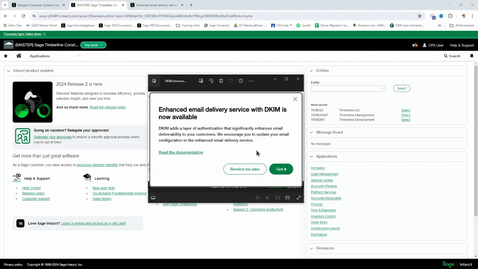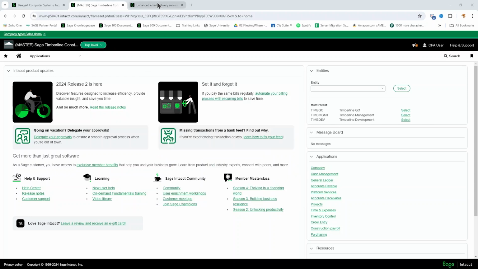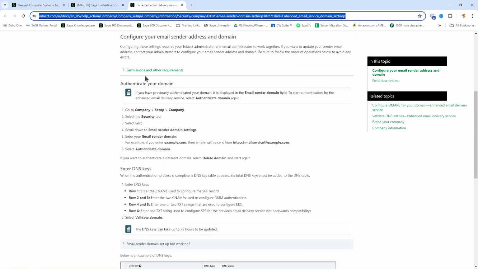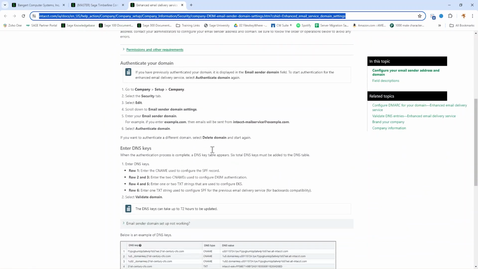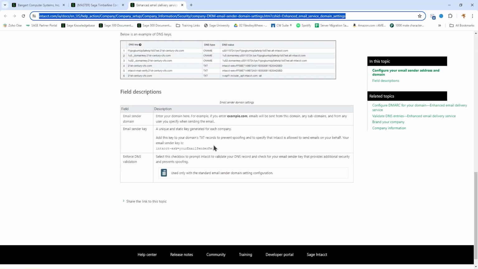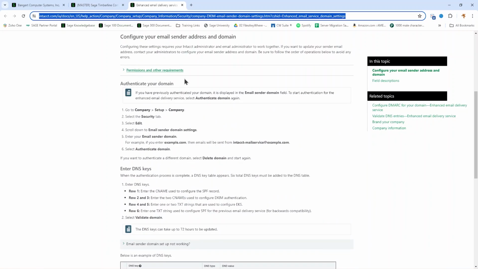So to get that set up, you can click on Read the Documentation. It'll take you to the knowledge base articles. We'll also include the link to the documentation in this video description. And here you'll want to send this information to your IT provider. It's going to detail some steps to go through to get to various settings that you need to complete within